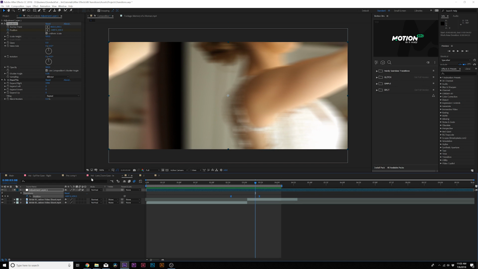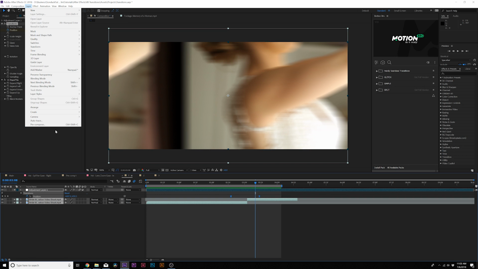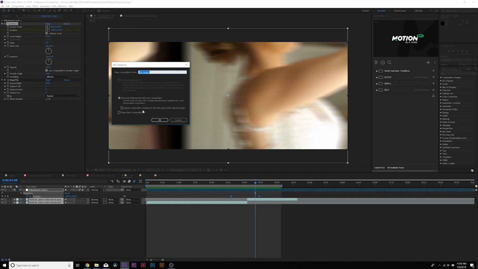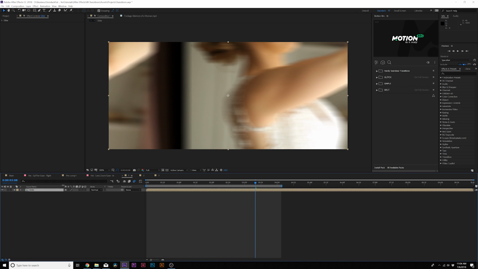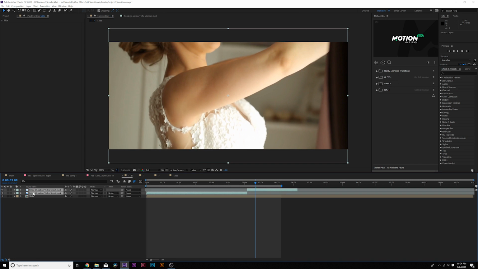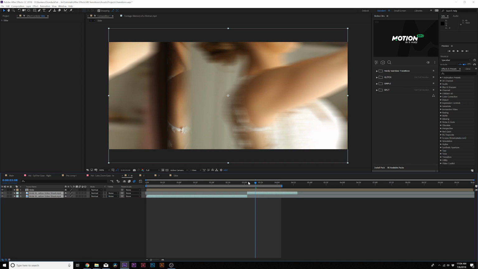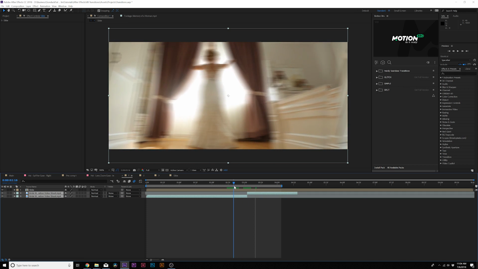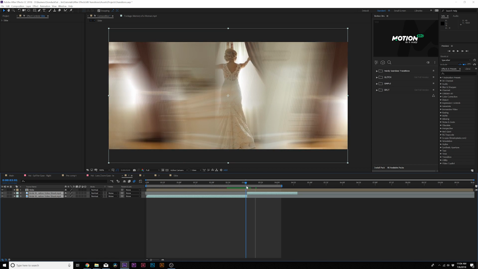Unfortunately, with this method, the only way you can get rid of it is if you select all your layers here, your two video layers and an adjustment layer, you go to Layer, Pre-Compose, and we can call it slides. And we'll go back into our main composition, copy the two video layers, go back into the main composition, paste those video layers underneath your slide layer, and that's a way that you'll hide the cuts between the